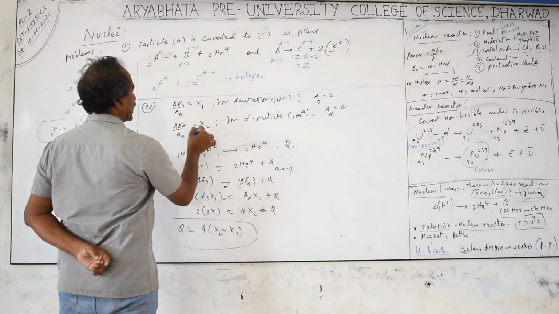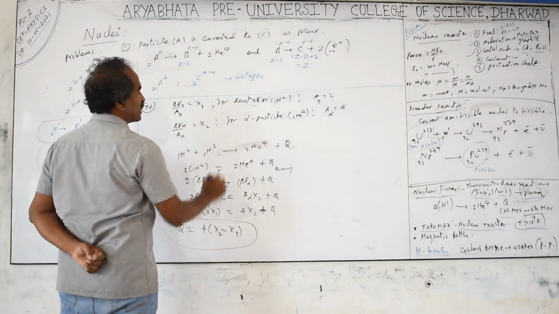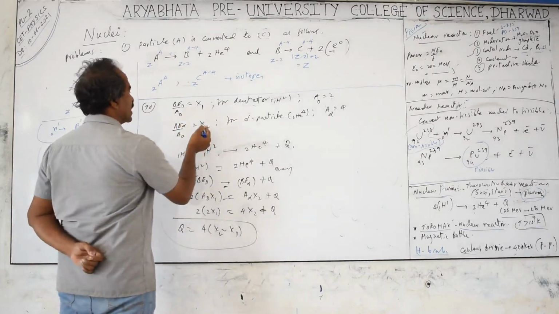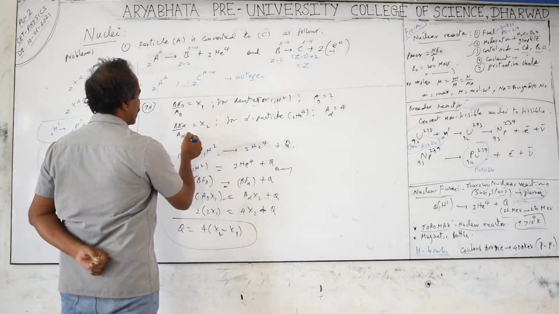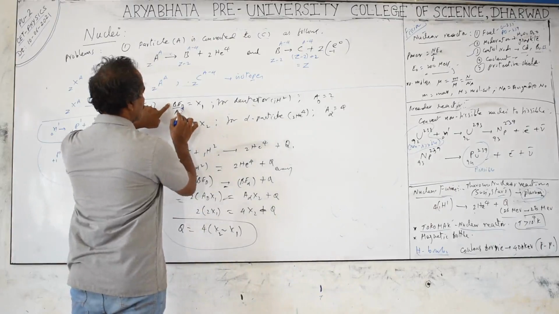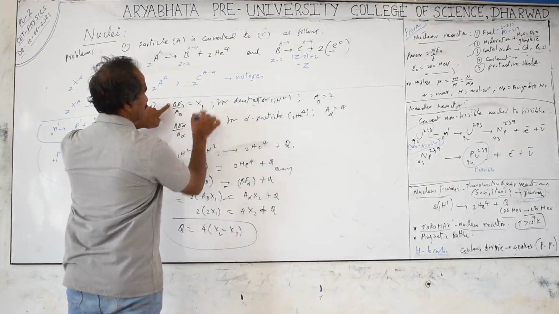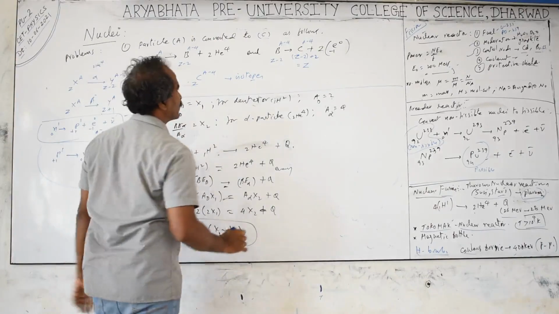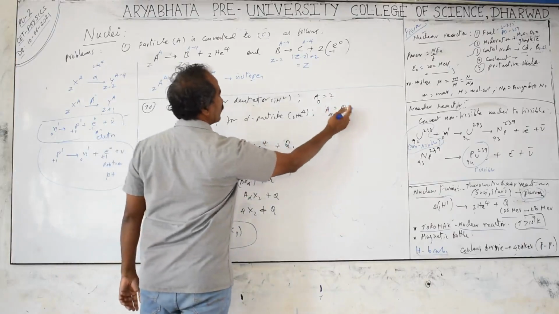And for the alpha particle, binding energy is given per nucleon, that is specific binding energy, or binding energy per nucleon, is given as x2. So B alpha by mass number of the alpha particle is equal to x2. So BE equals A into x, it becomes cross multiplied. Binding energy we are going to use. And for the alpha particle, the mass number is 4 units.